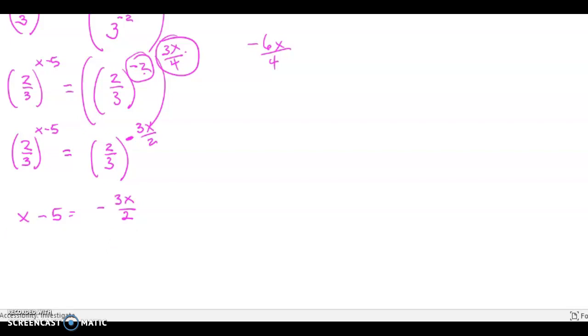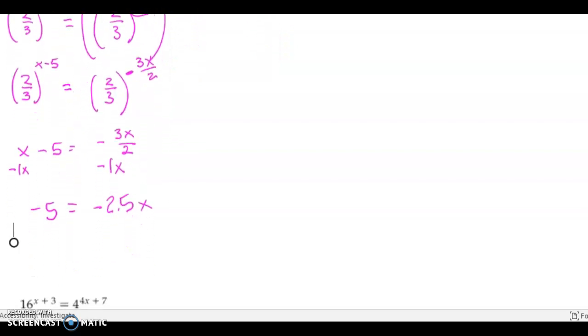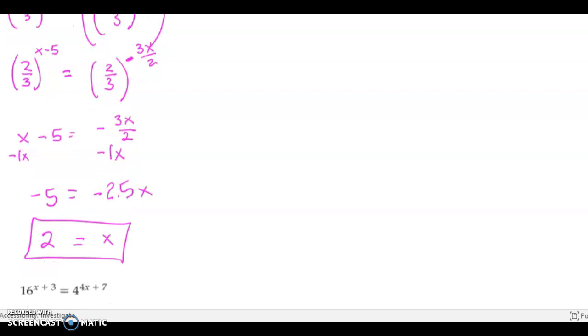Sorry. So let's subtract 1x from both sides. We have negative 5 is equal to negative 1.5x minus 1x, that's negative 2.5x. Divide by negative 2.5, and we get x equals 2. Okay, next,